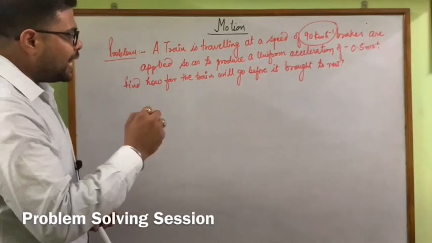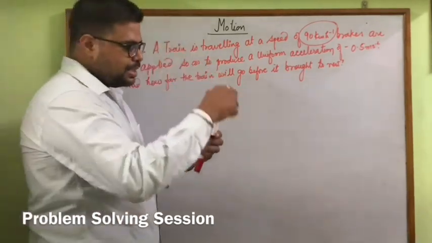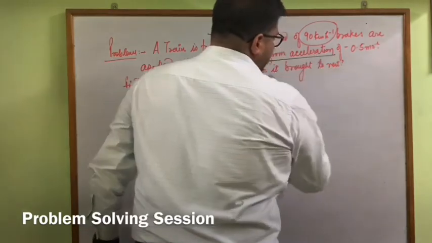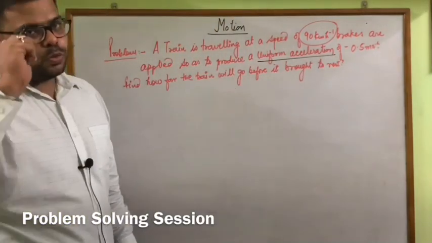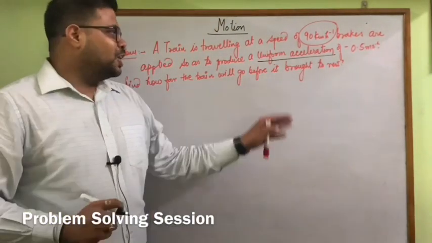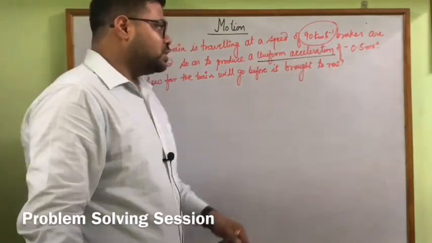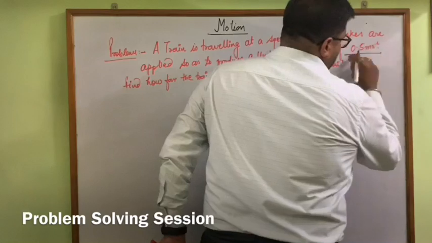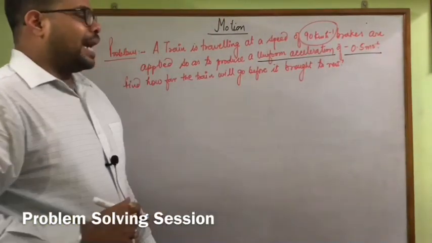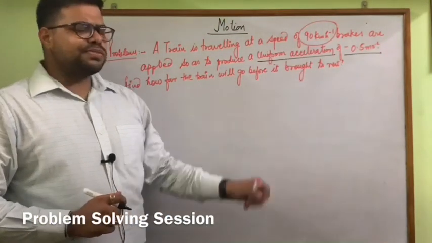So as to produce, again see the word, our favorite word to use, to pass, to apply equation of motion, is uniform acceleration, which is minus 0.5 meter second inverse square. The negative sign is a